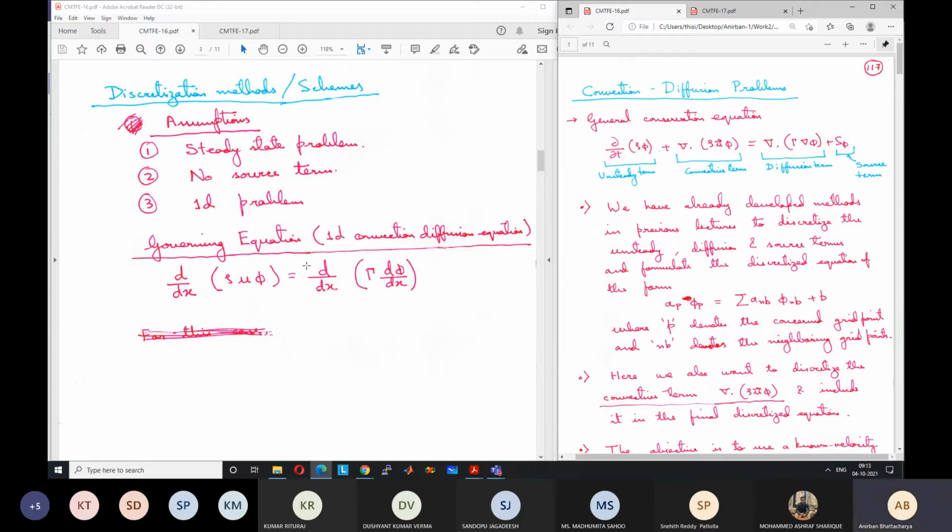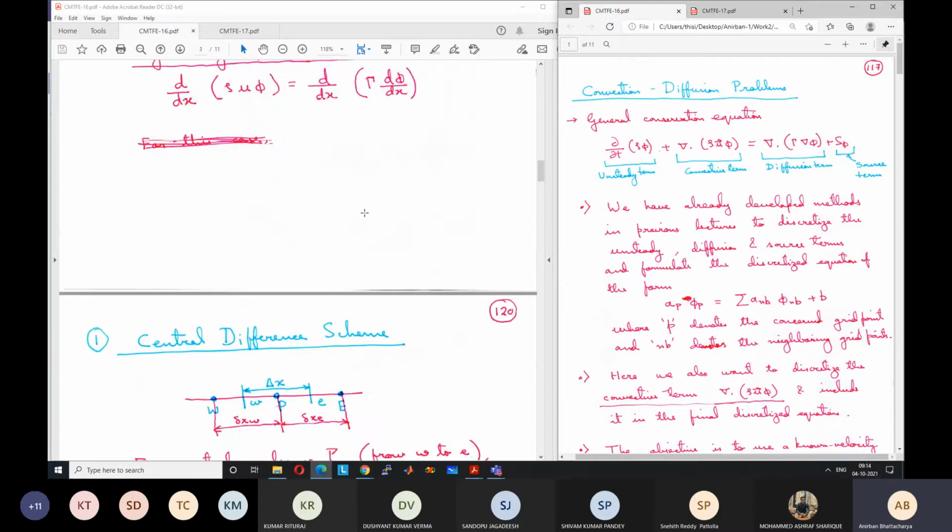So this is our governing equation, and we want to discretize this using different methods to find the discretized form. The discretized form should look like this: a_P phi_P equals the summation of a_nb phi_nb plus b. So we have to convert it to this form. And what will these a_P, a_nb and b contain? They will contain rho, u, gamma, which are known, plus any geometric parameters like delta x, delta x_e, delta x_w, things like that, which are also known after the mesh is generated.